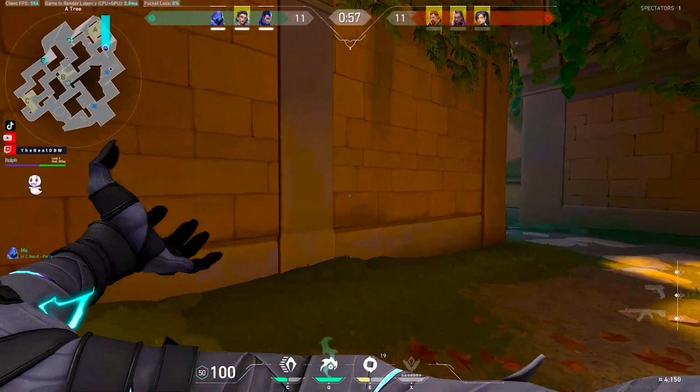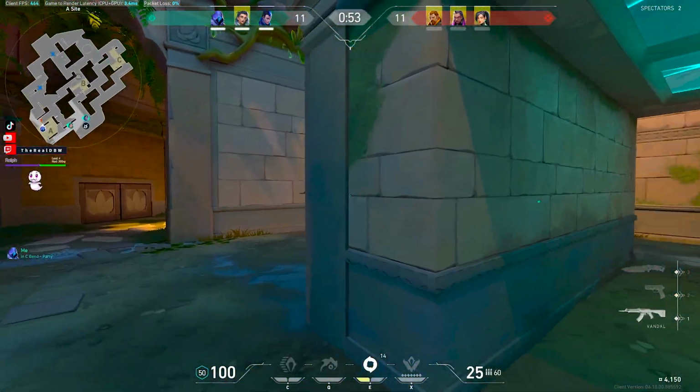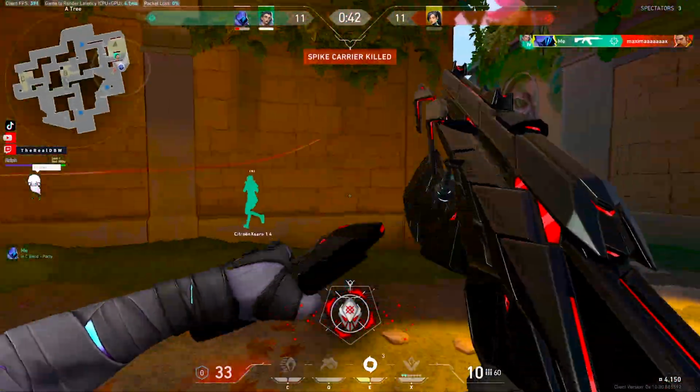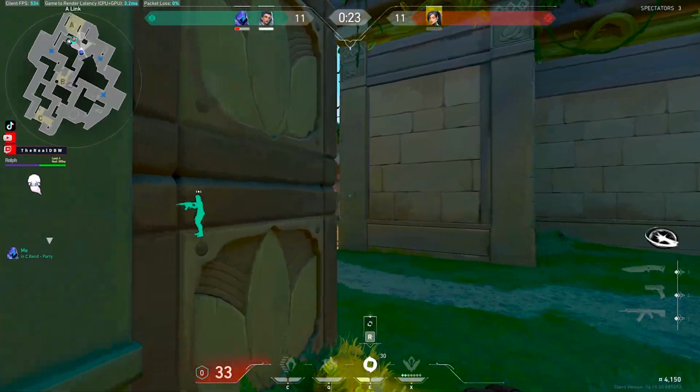As soon as I teleported, I noticed some footsteps and I blind Reyna here. Poor Reyna's a little bit confused, but sorry about that, Reyna. I then hide behind the door for Breach and catch him off guard as well. Now we're in a 2v1 and I go through the door and it's me and Fade remaining versus a Sage